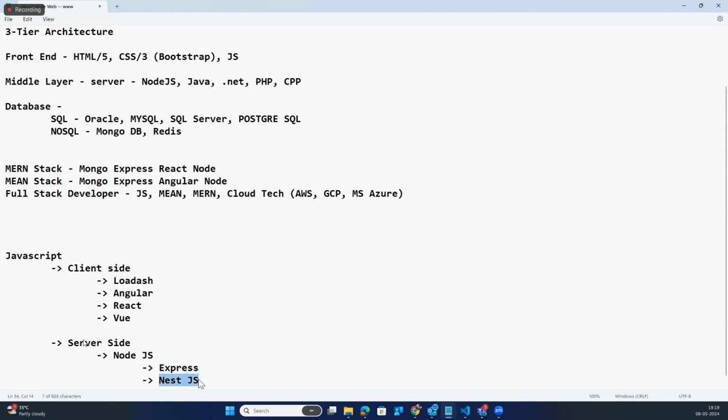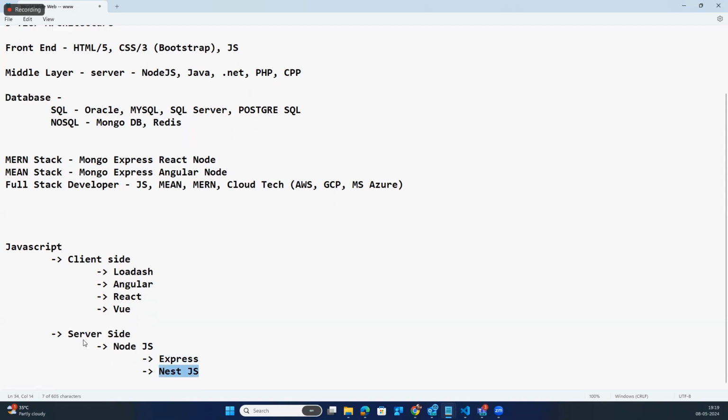But if you have some time, and if you want to learn more, we can do a small application using Next.js as well. That is not a big deal. You can do that. Okay, fine. So this is all about